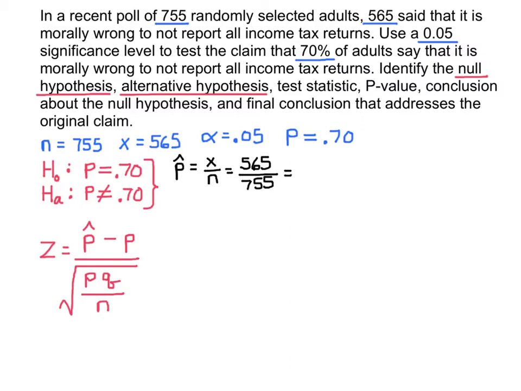And when I put that into my calculator, I get 0.74, and it actually keeps going. I'm going to go to 3 significant digits. My z-score will be 2 significant digits, but this is being fed into the calculation, so I don't want to round this yet. So let's hold it at 3 significant digits and round the z to 2 significant digits in the end. Okay, so so far I have my p hat value, that's